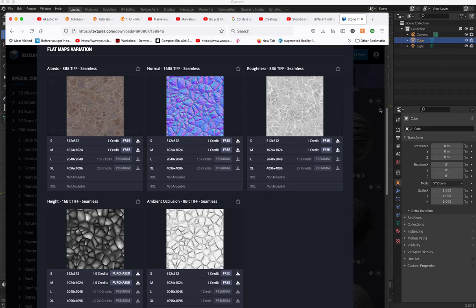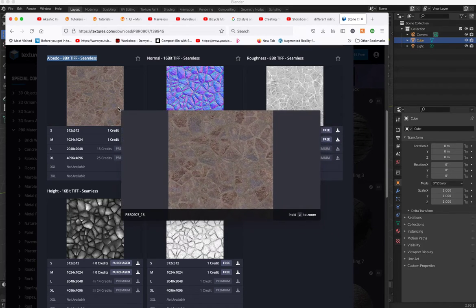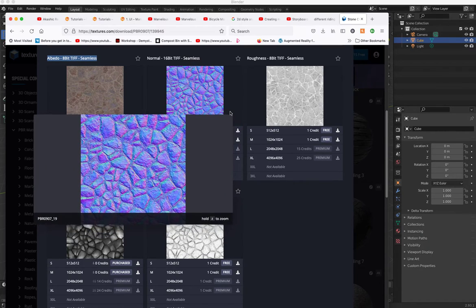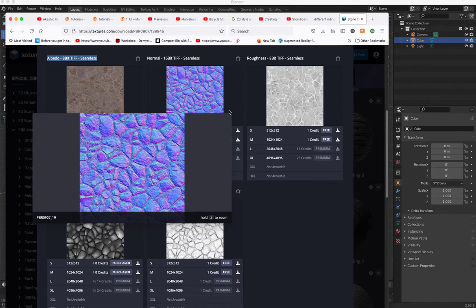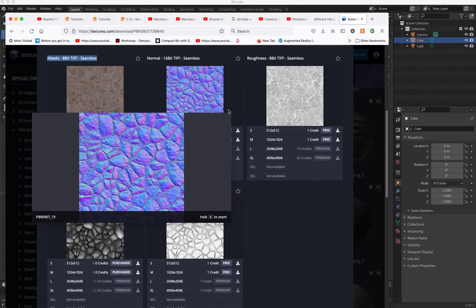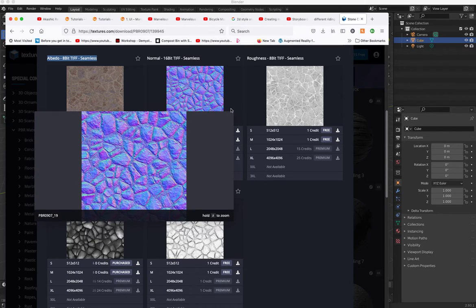Here we have a stone wall. When you see albedo, it's the color texture. There's no lighting information here at all, it's just pure color. Then we have a normal map. You've been learning about the normal map as well. That's really important, because this is one of the main things we're going to use from high poly to low poly. By applying the normal map, you give the illusion of bumpiness